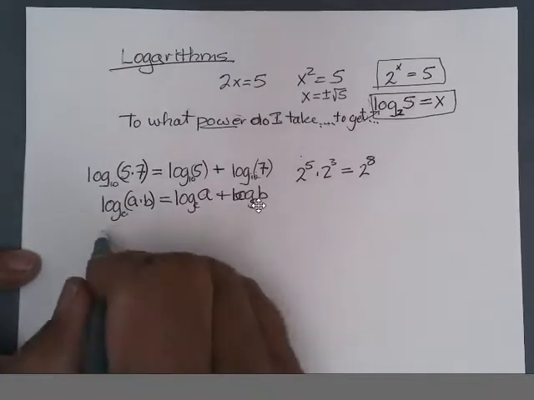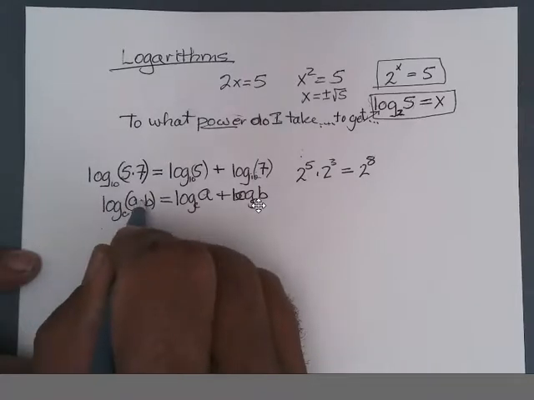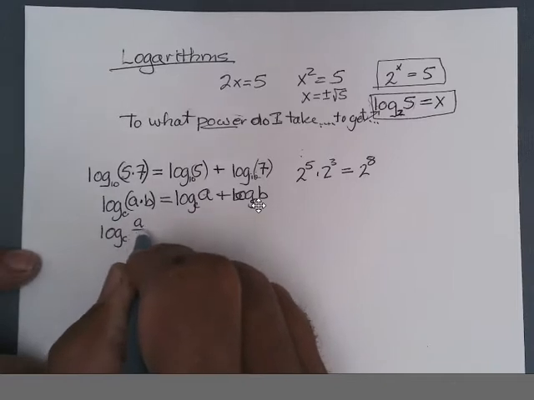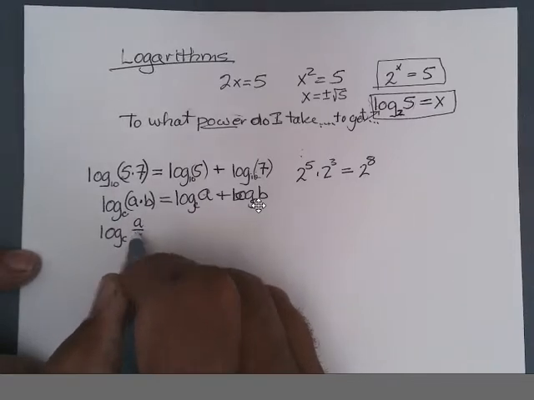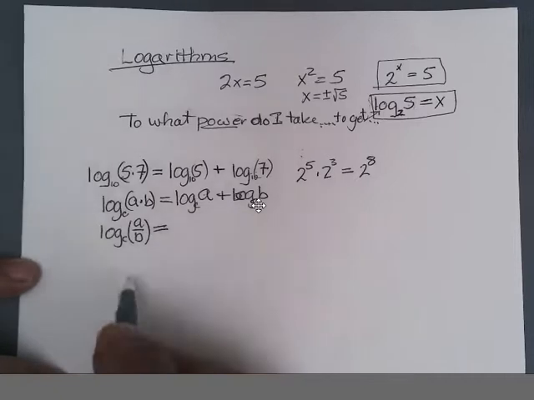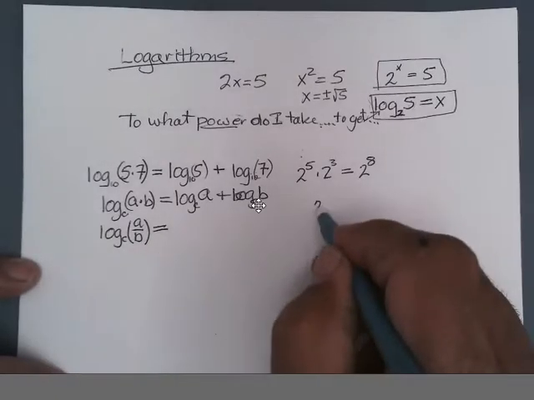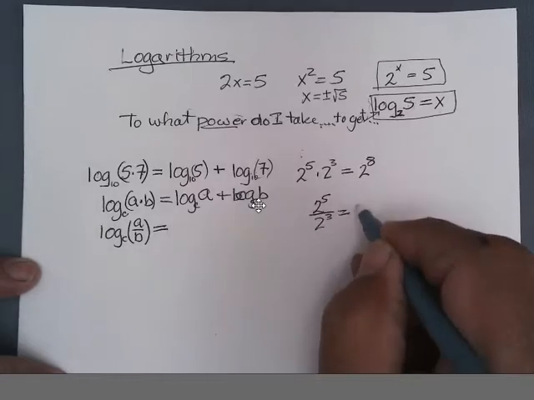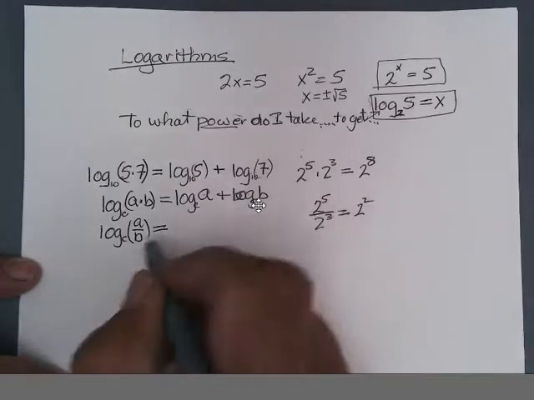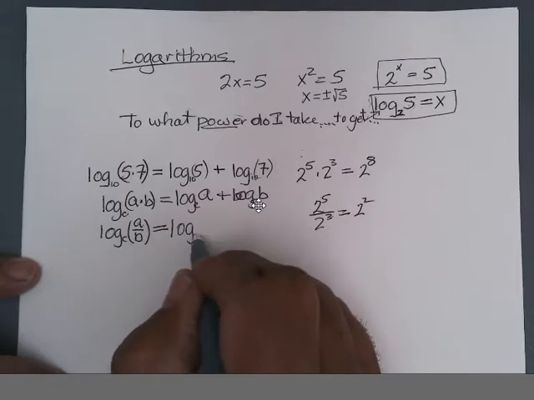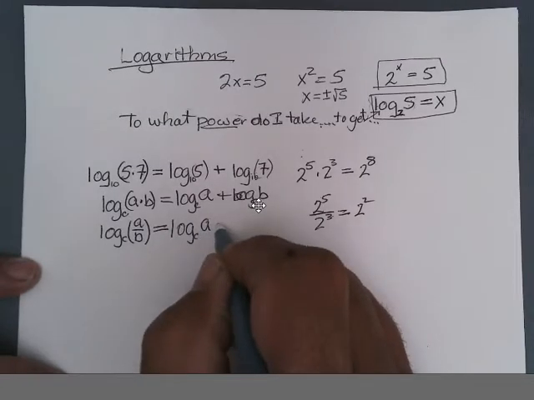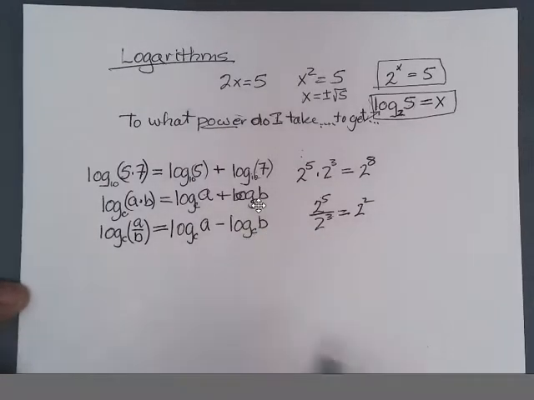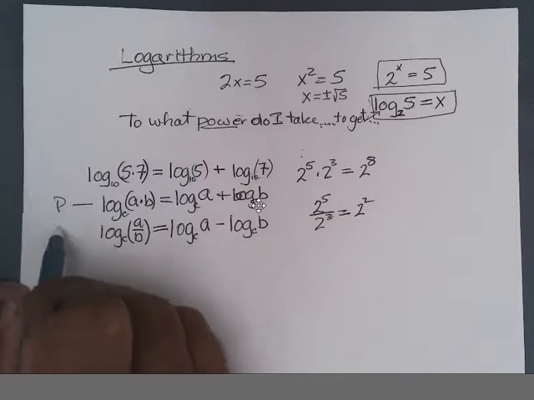Same logic. This is called the product rule because we're multiplying. If I have a log of a division problem, then when I do powers like 2 to the 5th divided by 2 to the 3rd, I subtract the powers. So it becomes log base c of a minus log base c of b. So here's the product rule, here's the quotient rule,